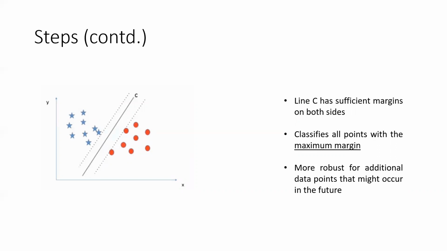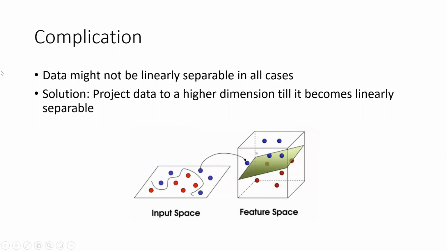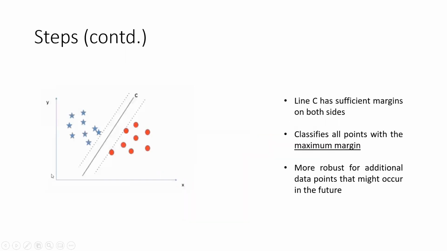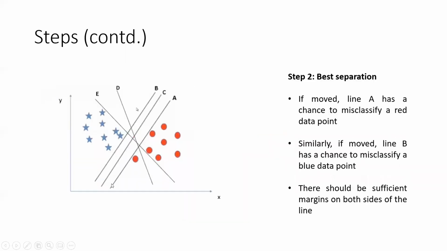Okay, let me move on to the next slide. So there is one complication in the support vector machine technique. What that means is basically the data might not be linearly separable in all cases. If you take this scatter plot, for example, all of the hyperplanes we were just able to draw as lines, because the layout of the data points was such that it was possible to make all these lines out of the data. But this might not be the case in all scenarios.